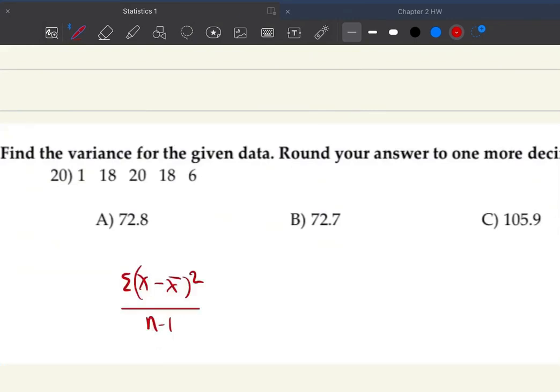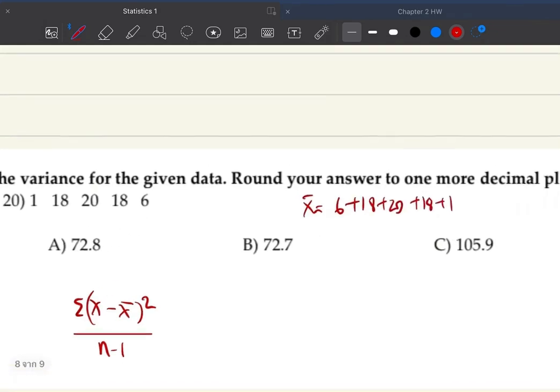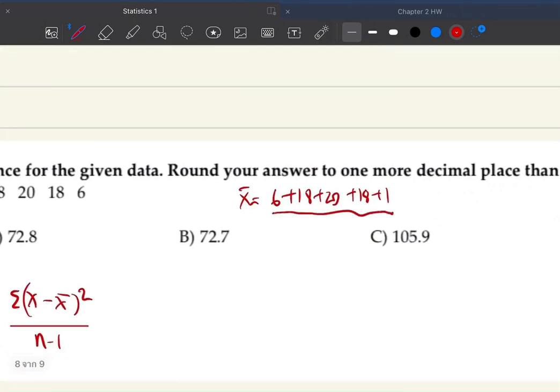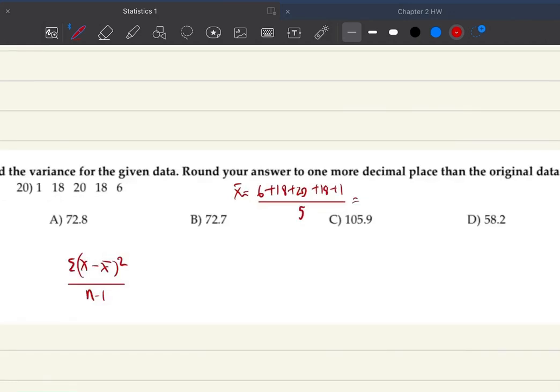The mean for this one is x bar equals 6 plus 18 plus 20 plus 18 plus 1, divided by 5, equal to 63 divided by 5, equal to 12.6. So the sample variance will equal 1 minus 12.6 squared plus 18 minus 12.6 squared plus 20 minus